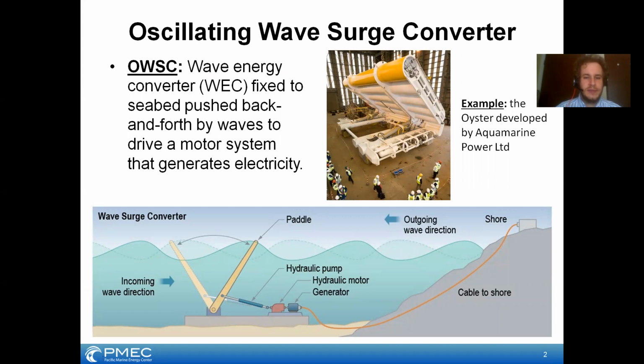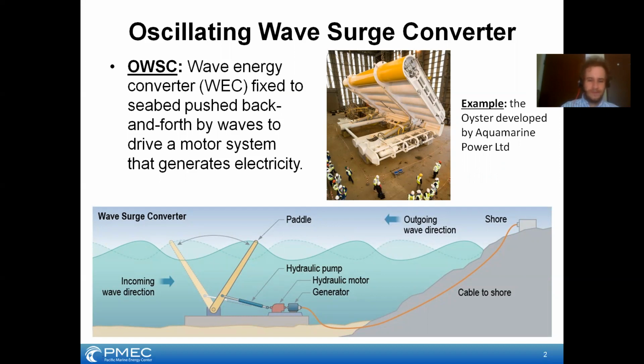So looking in particular at the oscillating wave surge converter type of device, it is like some sort of paddle type device that as the wave motion pushes it back and forth, it drives a hydraulic actuator or a piston type pump that then drives a hydraulic motor and a generator, and electricity is then transmitted through cables to a storage facility on the shore where the system is monitored from. And you can see on the top right here, we've got an example of Oyster, very large device. You can see the size of the people to get enough force to drive the paddle enough to generate a